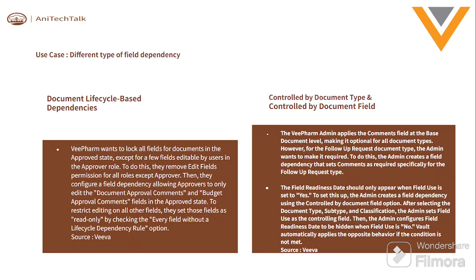So now in this example, vForm wants to lock all fields for a document in the approved state except for a few fields editable by users in the approver role. To do this, they remove the edit fields permission for all roles except approver. Then they configure a field dependency allowing the approver role to only edit the document approval comment and budget approval comment fields in the approved state. To restrict editing on all other fields, they set those fields as read-only by checking the every field without lifecycle dependency rule option. So if I go back to that